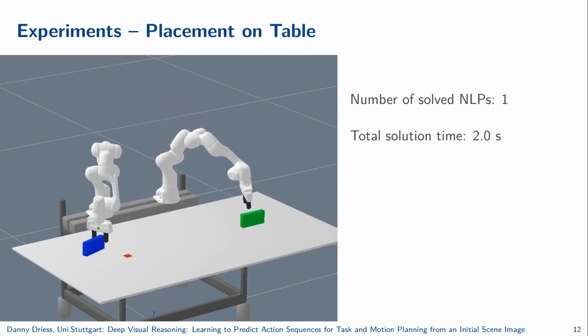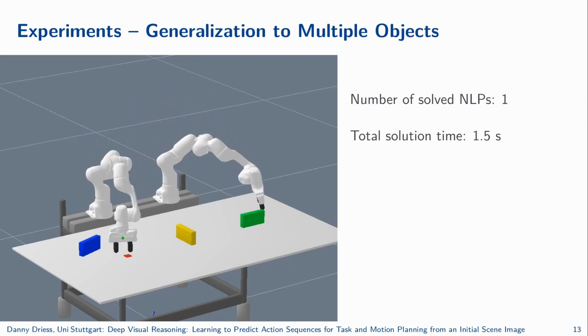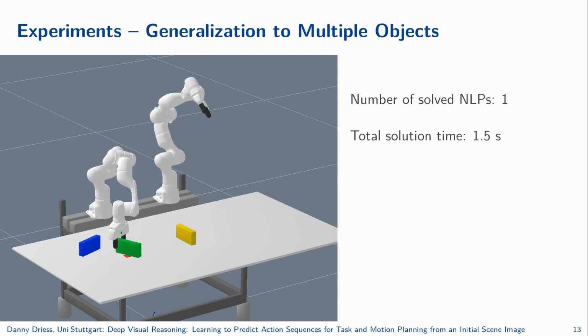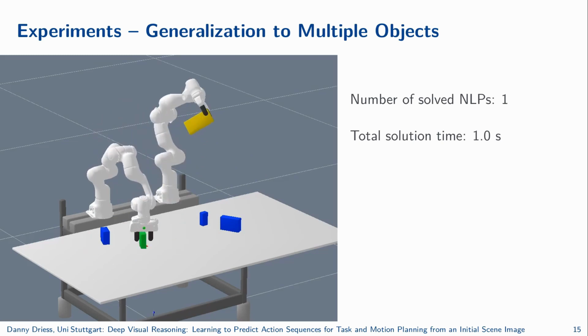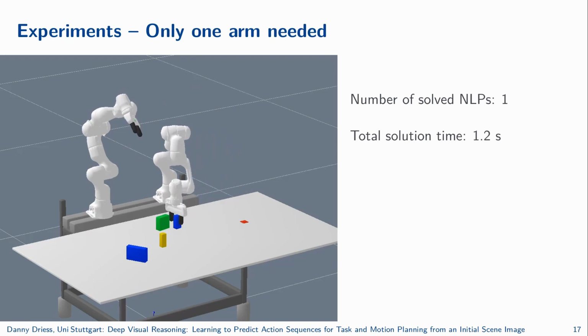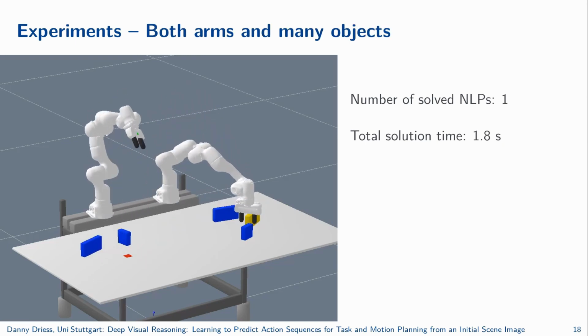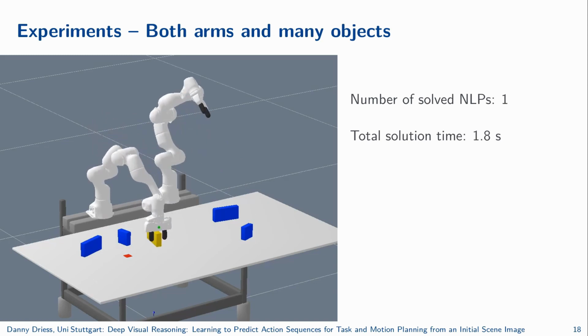During training, only 2 objects are present at the time. The cool thing is now that the network generalizes to scenes with multiple objects. Here we can see an interesting and efficient utilization of the 2 arms the network proposed to solve the task. It also knows when a single arm is enough, or can solve more complex problems with long action sequences in the presence of multiple objects.